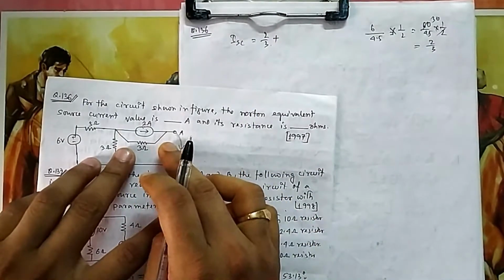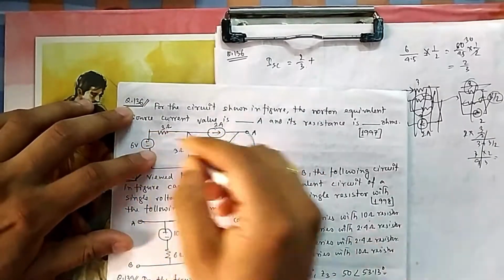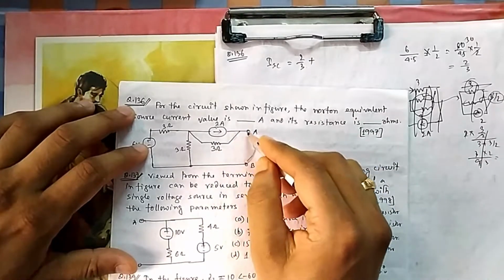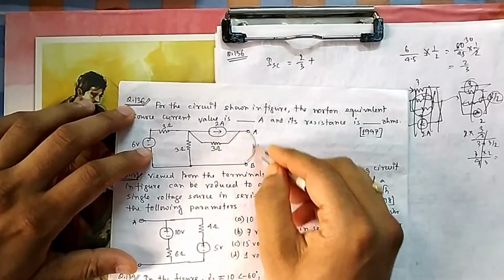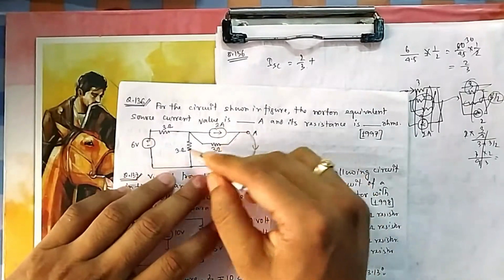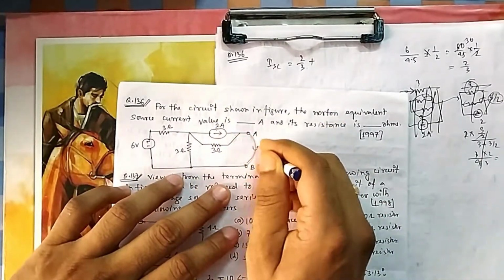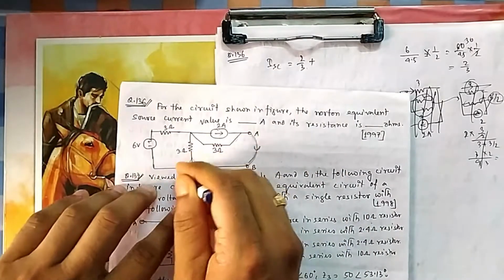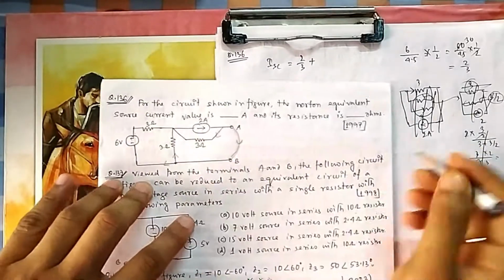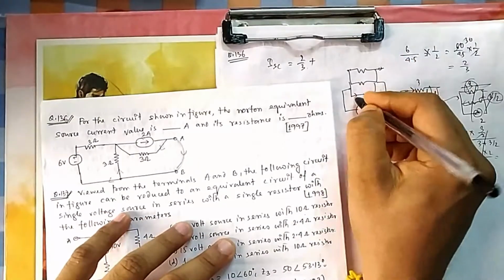Now what is the other current? If I remove this one, meaning it is short circuited, the voltage source is removed. Now due to this, what will be the current here? This current is flowing through these three branches, and all are equal, 3, 3, 3. So the current in each branch will also be equal, 2 by 3, 2 by 3, 2 by 3. But you need this current. There are three branches and current was flowing through all these three.